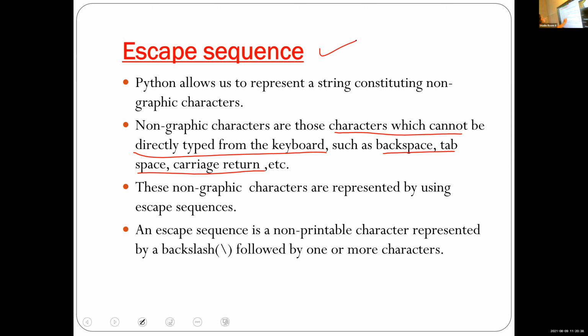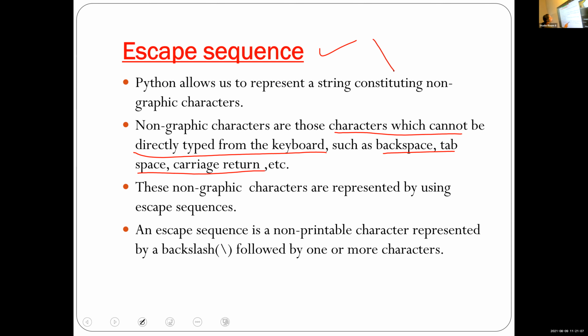All the escape sequences start with a backslash. To represent non-graphic characters like backspace, tab space, enter key, we use these escape sequences.